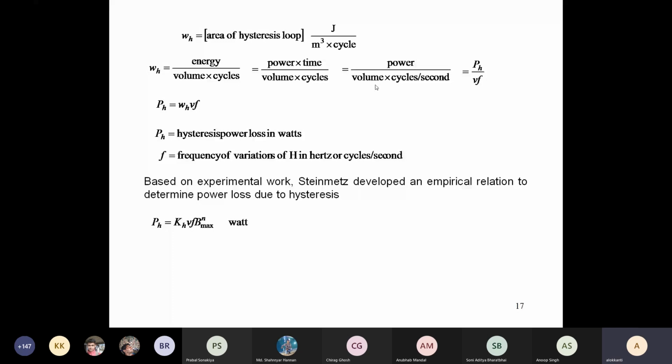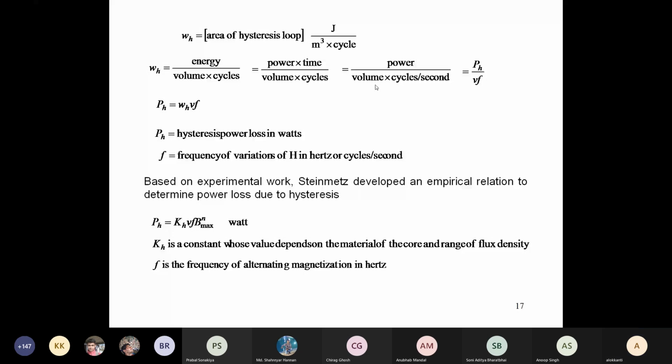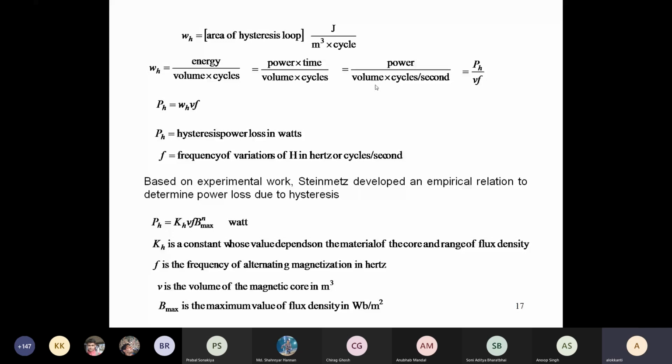So where KH is a constant whose value depends on the material of the core and the range of flux density used. F is the frequency of the alternating magnetizing field in hertz. V is the volume of the core, which is fixed. And B max is the maximum value of the flux density in Weber per meter square. So whenever you use a magnetic material, it will be suggested about the maximum value of the flux density that can be used. Because beyond that,